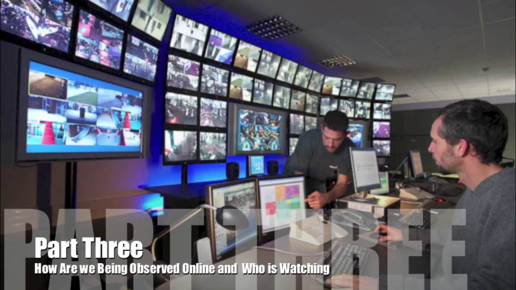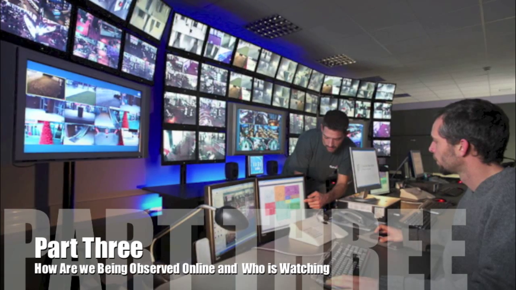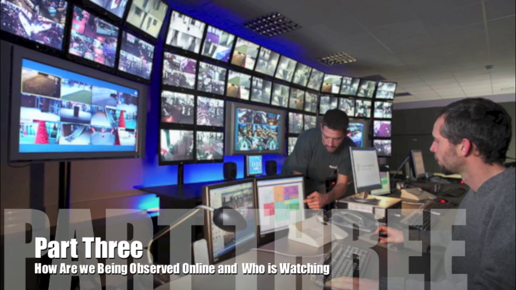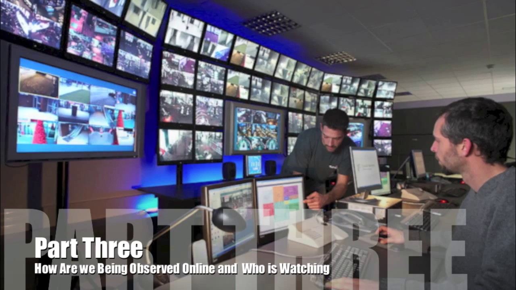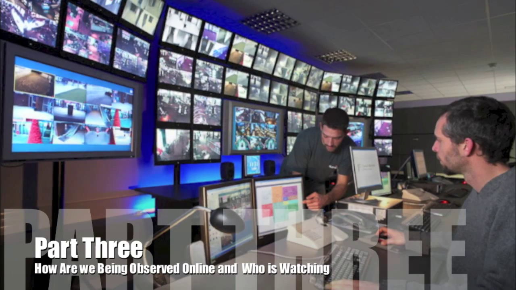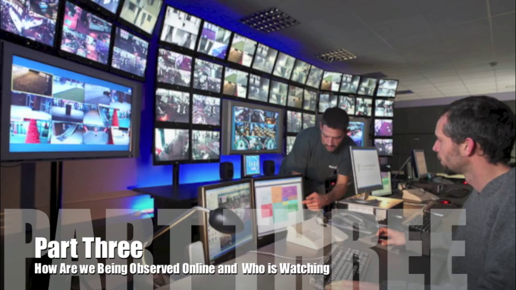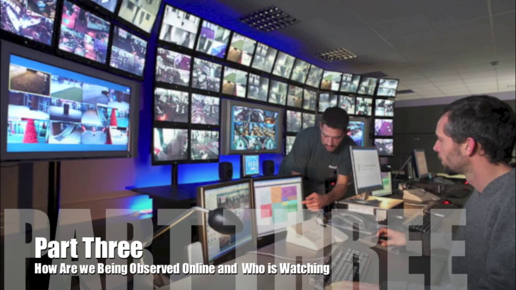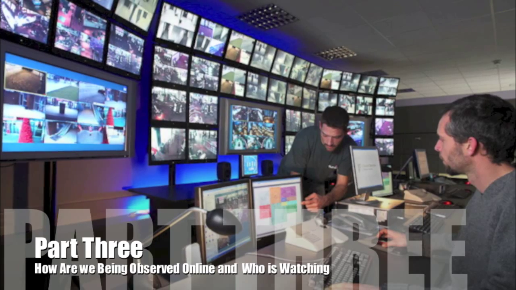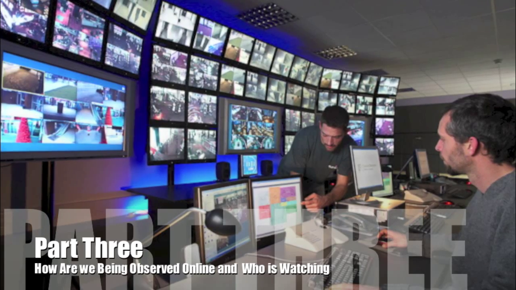We will begin by looking at the commercial players, as this appears to be where most of the observation is coming from today. As we discuss the following, it is important to remember that all of this applies also when you browse the internet on your phone or other devices. If you are using Wi-Fi on your home network, the unique IP address will be the same as when you use your PC if connected to the same router on your home network.